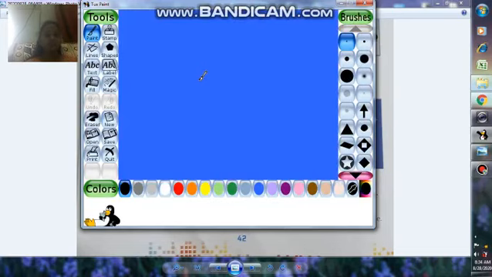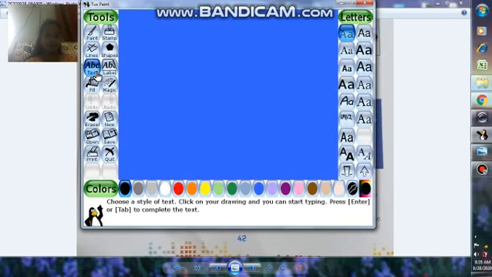Now what do you have to do? Third step, click the text tool. Where is the text tool here? Yes, it is your text tool. Click the text tool and select a color from the color palette. I am not going to select a color, but you can select any color of your choice. Here the white color is selected. Select the text style from the options given on the right side. These are the options given. You can select any of them. I am going to select this one.